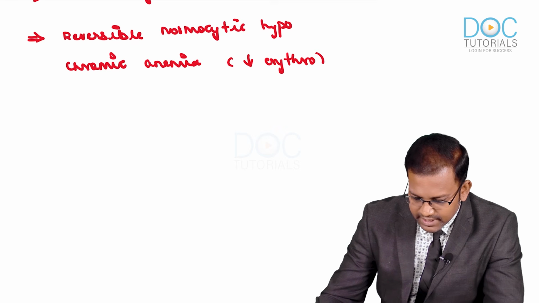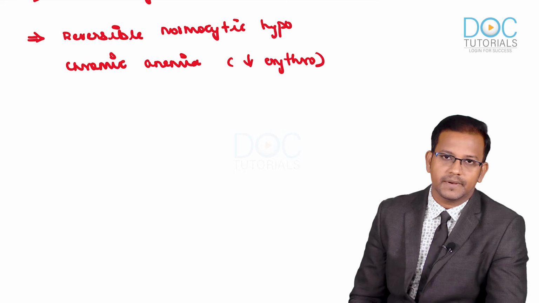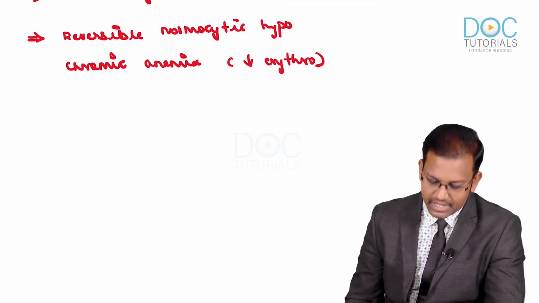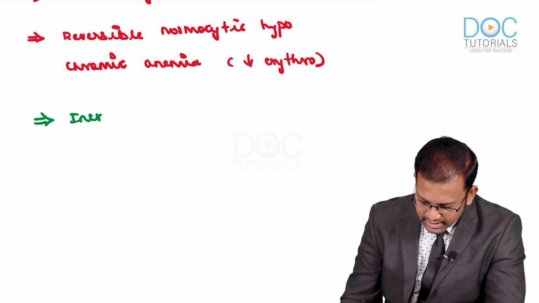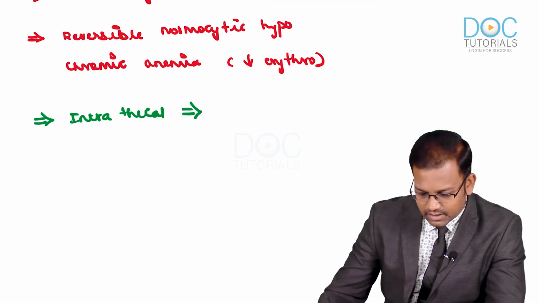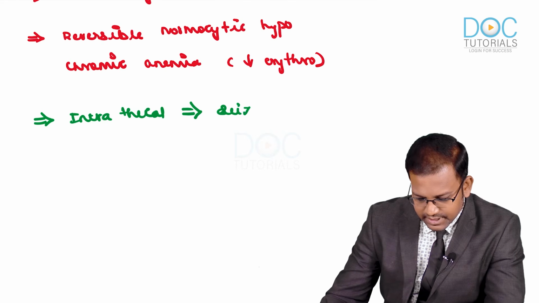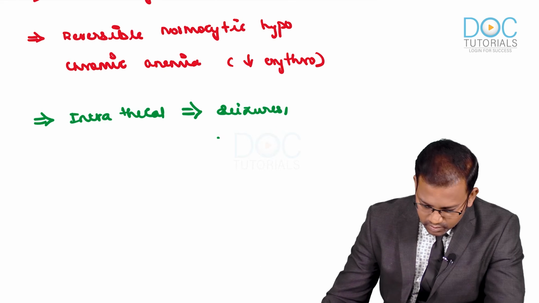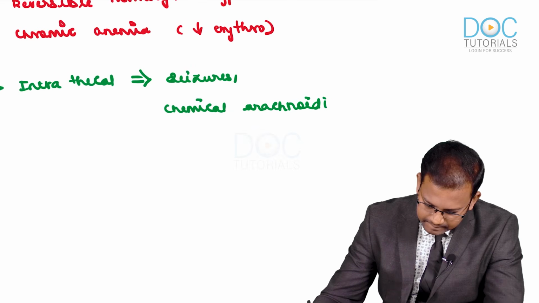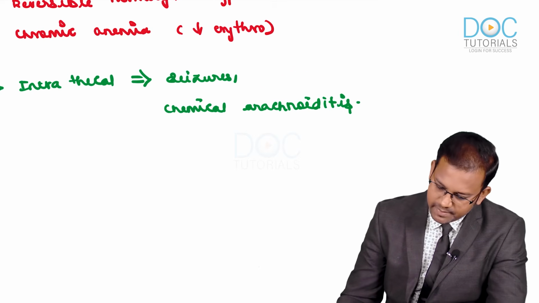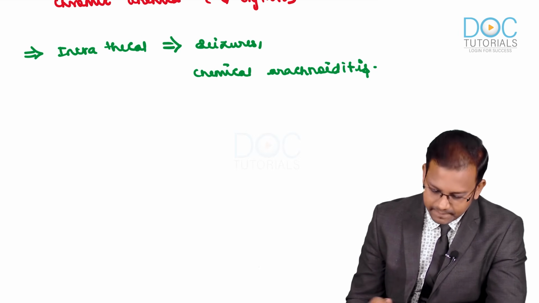There might be decreased erythropoietin production, and because of it, the patients might land up in anemia too. When given via the intrathecal route, as we've already explained, the patients might land up in seizures, and also some patients might land up in chemical arachnoiditis. Chemical arachnoiditis can also be expected with amphotericin B.